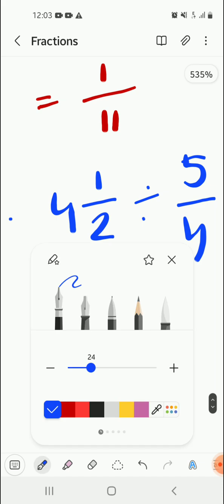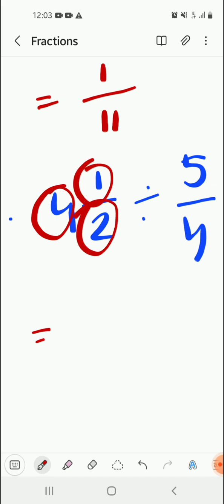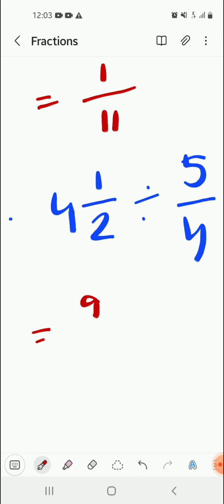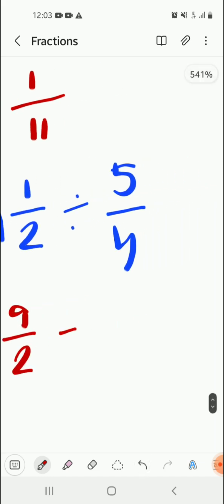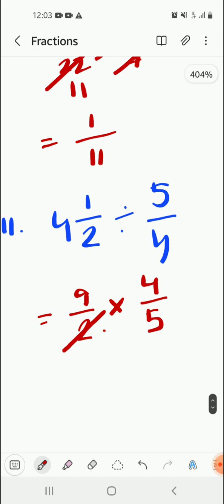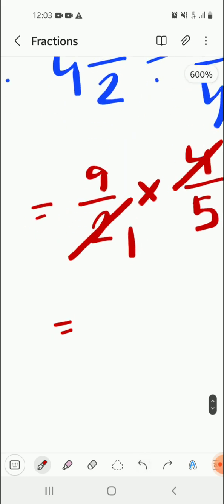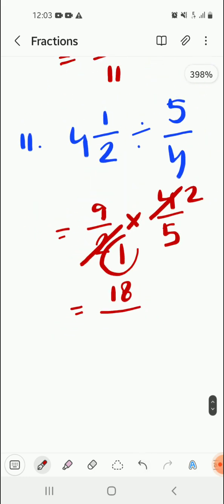Now here, the first step is to convert the first fraction into an improper fraction. So 4 into 2 is 8 plus 1, 9 by 2. Next, division becomes multiplication. 5 by 4 uses its reciprocal, 4 by 5. Now 2 divided by 2 is 1, 4 divided by 2 is 2. So in the numerator we have got 9 into 2, 18, and in the denominator we have got 1 into 5,